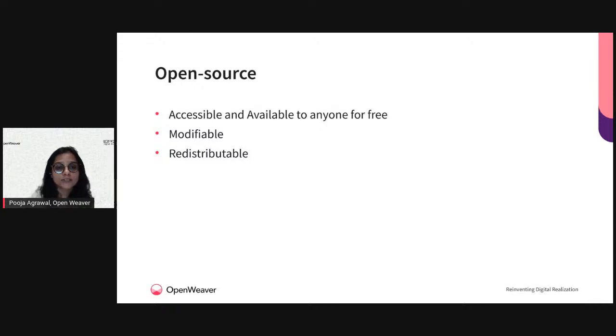Let's talk about the reasons. First is accessibility and availability. I can access an open source tool repository from anywhere, and it is easily modifiable. I just have to check the license. I can take existing code, modify it, build on top of it, and redistribute it for use by others as well. That's how things are growing.